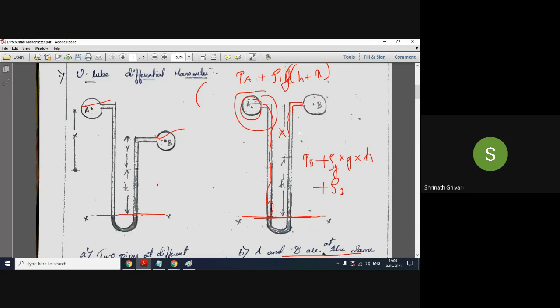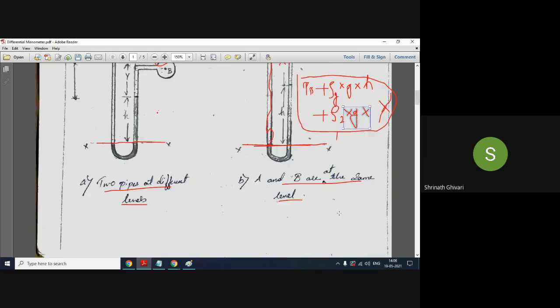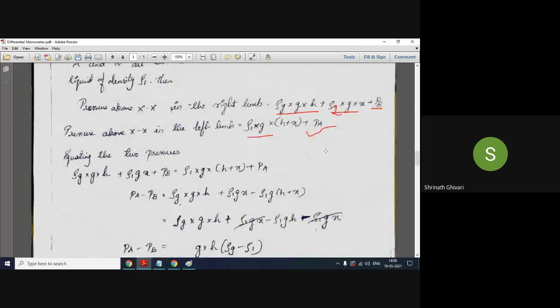That is the density of this liquid. Rho 2 into G into what? H X, into X. Did you find the same equation there? Rho G into G into H plus rho 2 into G into X plus PB, right? Is this right or wrong? Correct, sir. This is rho 2, don't take it wrong. I may send the same notes, but you should be able to check the error in that while reading.